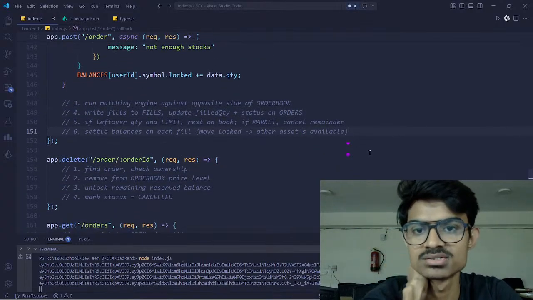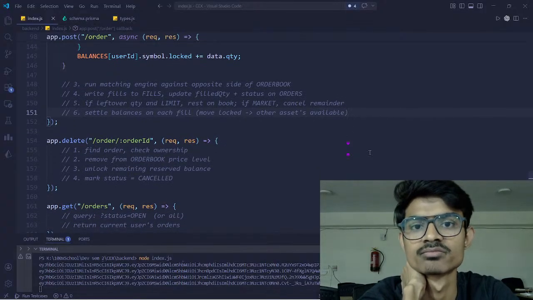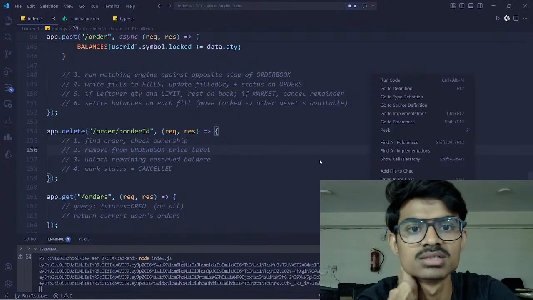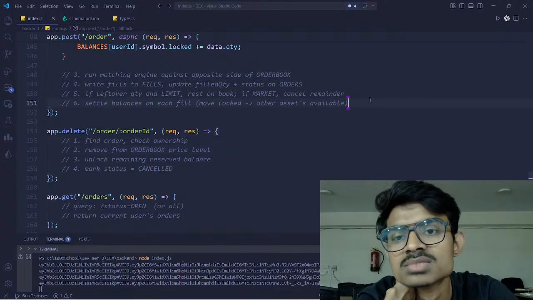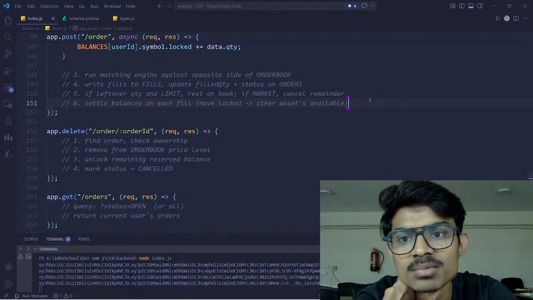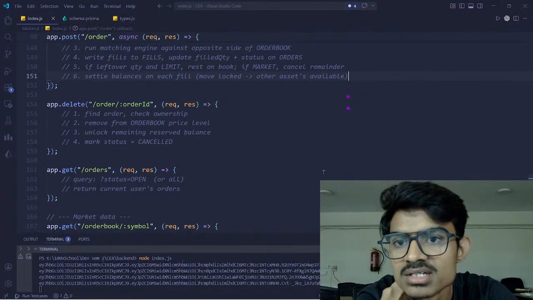Settle balances on each fill, move locked other assets available. ना थोड़ा सा समझने में टाइम लगाना पड़ेगा, थोड़ा आगे का भी पढ़ने का मन हो रहा है।